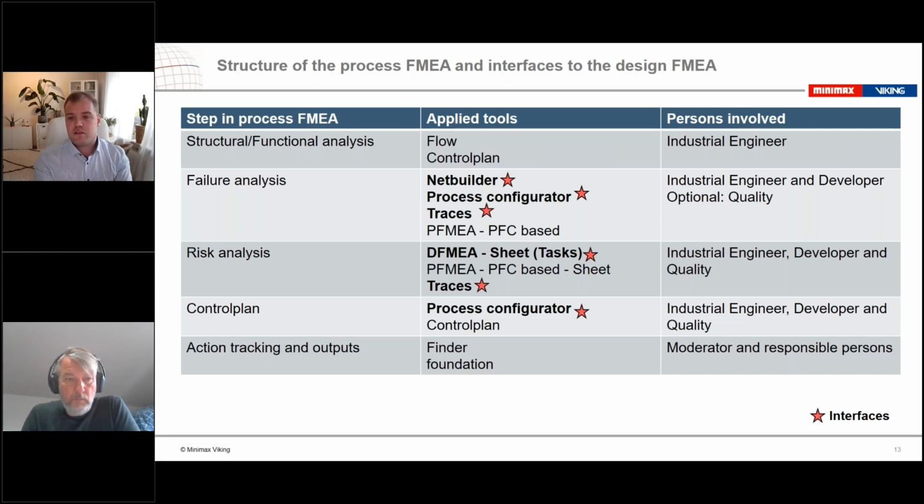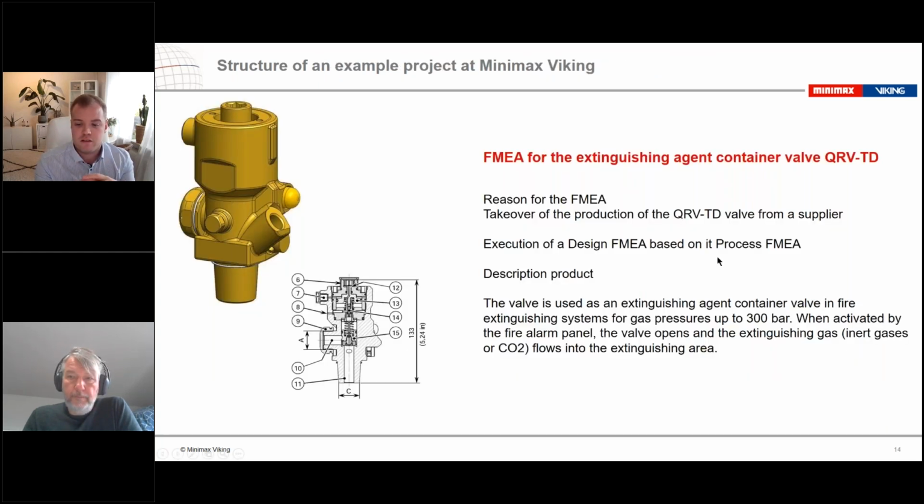And you also might have noticed in the applied tools section where some tools are marked with red stars. Those are our interfaces between the design, system FMEA and the process FMEA. And in the next slides, we will look at an example project of ours, and we'll go into those interfaces in more detail. And the project you can see here is pretty up to date, actually, because right at this moment we are in the failure analysis within the process FMEA, and this valve